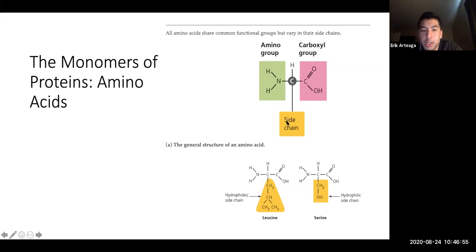These side chains are going to give rise to the different amino acid groups, right? So this is a side chain for leucine, this is a side chain for serine. Again, you have hydrophobic or hydrophilic side chains. You can also have a neutral side chain. Again, the amino group will link to the carbonyl group, or the carboxylic acid group, okay? So nitrogen, again, will bind to another carboxylic acid group, this OH group here, and they'll link together in long